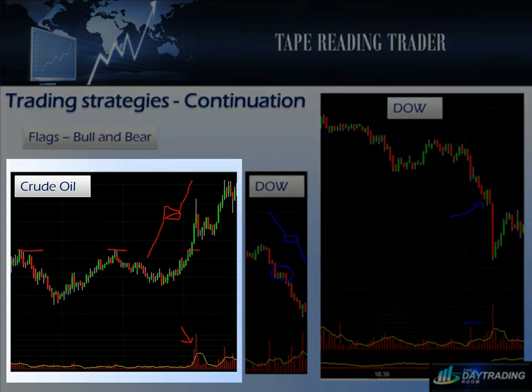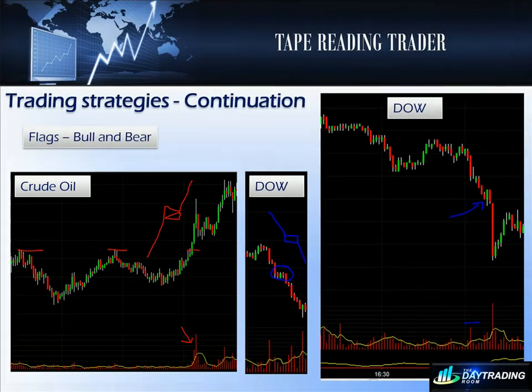If you consider this example in front of you here, crude oil on the left, nice little flag pattern, good drive up, a pause, and then a continuation. You've got the push up, you've got that demand coming in. The demand backs off a bit just to see if any supply comes in. Not much comes in. There's a little bit of a pause there. You've got about 5 or 6 minutes of consolidation before buyers start getting impatient again and start buying, and the supply is not there to match that demand,